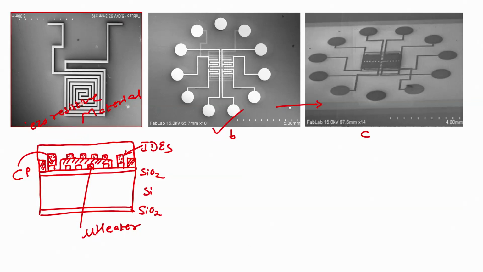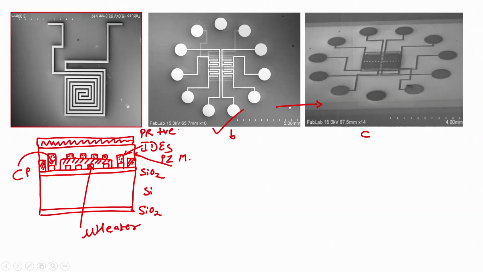After I deposit piezoresistive material on the interdigitated electrodes, I have to go for lithography, right. So, the first step is I will spin coat photoresist on this piezoresistive material, right. This is my photoresist. Let us say I am using positive photoresist. What is the next step?